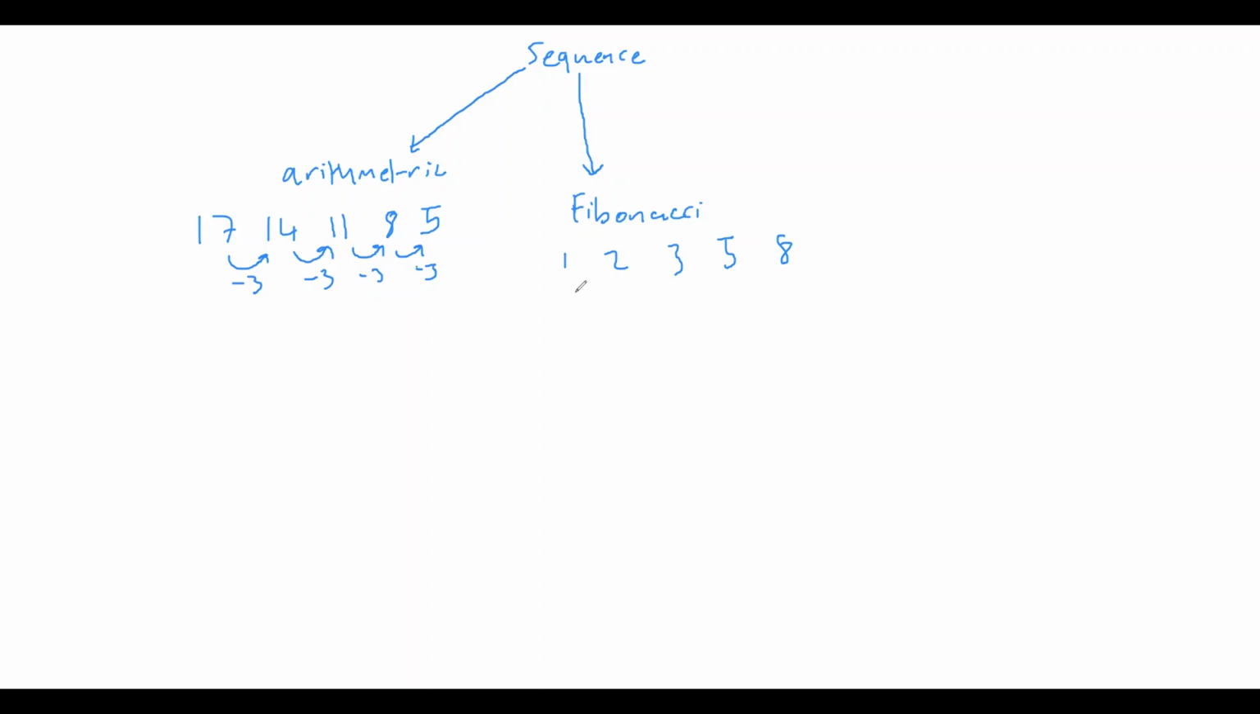So for example, to get this term, you add the two terms in front of it. So for example, 1 plus 2 equals 3, 2 plus 3 equals 5, 3 plus 5 equals 8. Okay, what's in between them is not the same. For example, this is 1, this is 1, this is 2, the difference between them is 2, the difference between them is 3, etc. But the main difference is that you basically add the two terms in front of it to make